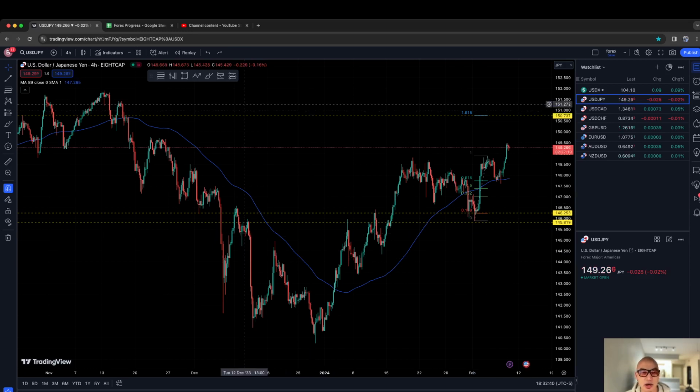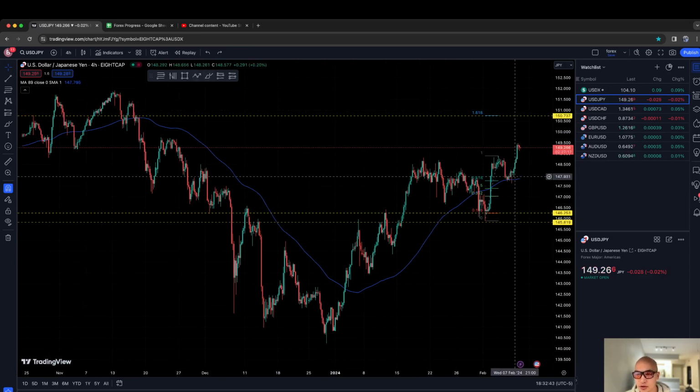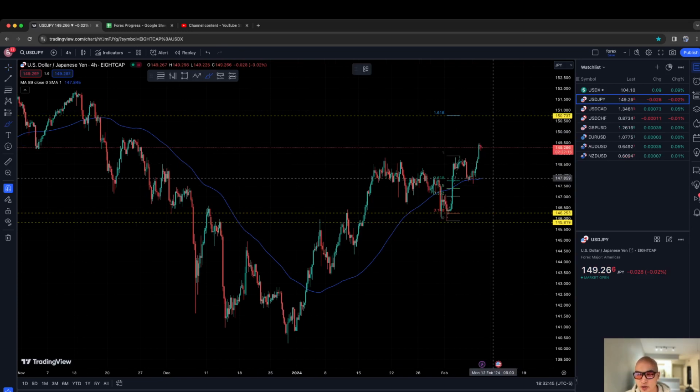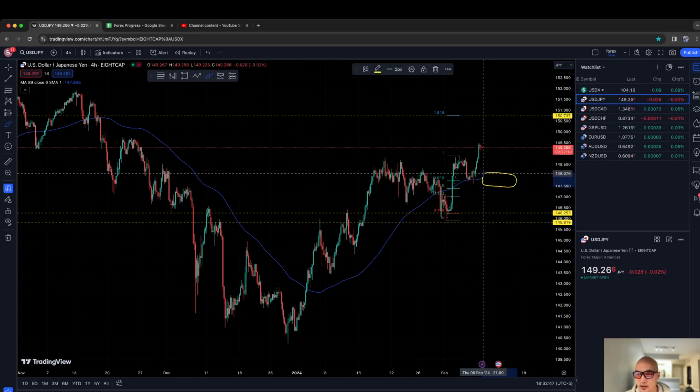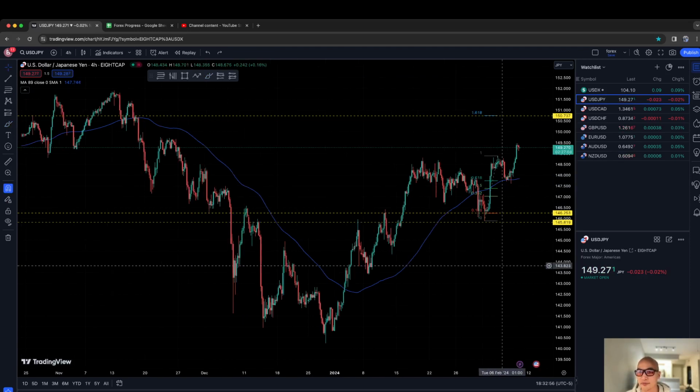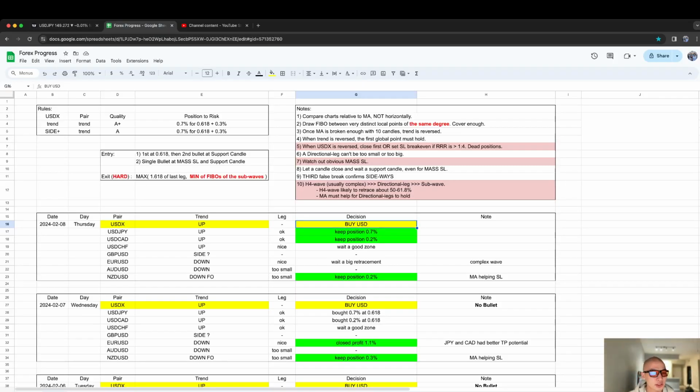Yesterday our entry here was really good. We entered a really good zone around this, and it was just a perfect execution, a perfect reading of the market, and we have been accumulating profit since then. So on USD Japanese yen the trend is up, the leg size is okay, and our decision is to keep our current position, which is risking 0.7% of my account. Okay, next,